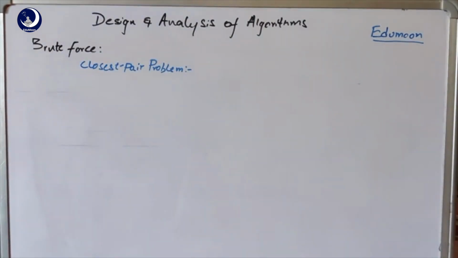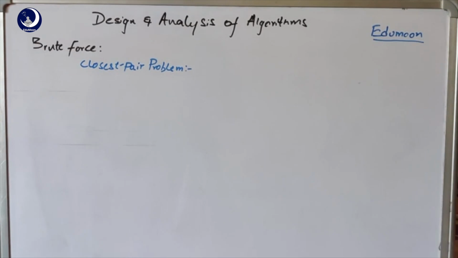This problem comes under the category of combinatorial geometry, where we generate different combinations and use geometrical figures. Here the problem is that we are given an input of a set of n points, and the output should be the two closest points among those n points. That is, given n points p1, p2, p3, and so on up to pn with their respective coordinates x1, y1, x2, y2, and so on, it will finally return the two points which are closest to each other.